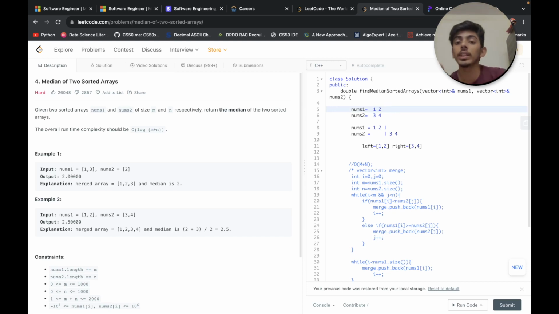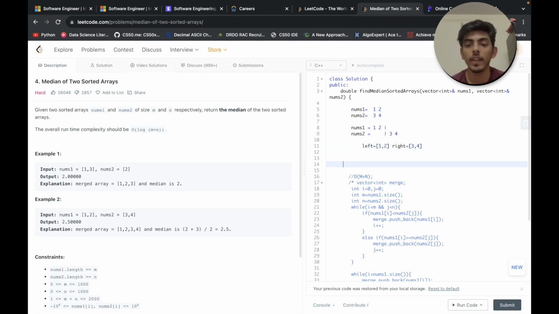We will consider how many elements are present in the left, right? So we will be using 1 as partition x, and it is not mandatory that if we consider 2 elements here, then in nums2 left also we will have to consider 2 elements only. The partition can be different, right?